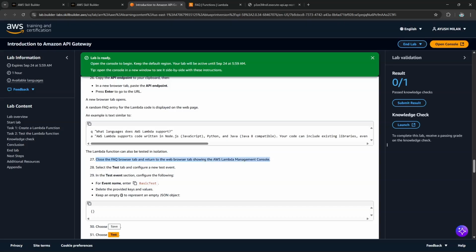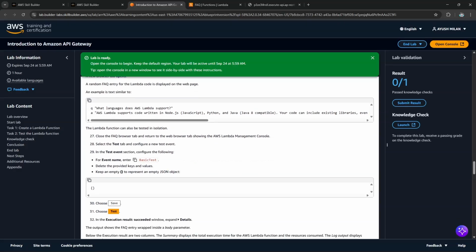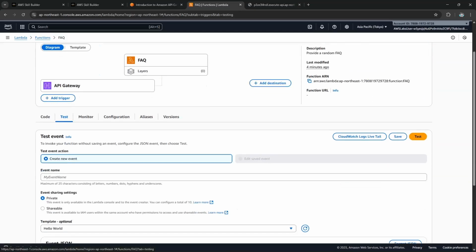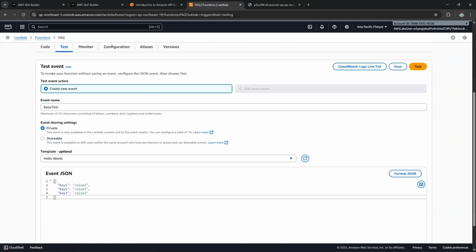In this way we will be able to test this Lambda function. We can also test the Lambda function from the Lambda management console by creating a test event. For that we have to go to the test tab and create a basic test event and keep an empty JSON, because it does not require any input. So go to the test and create a new event, basic event, and in the event JSON we have to